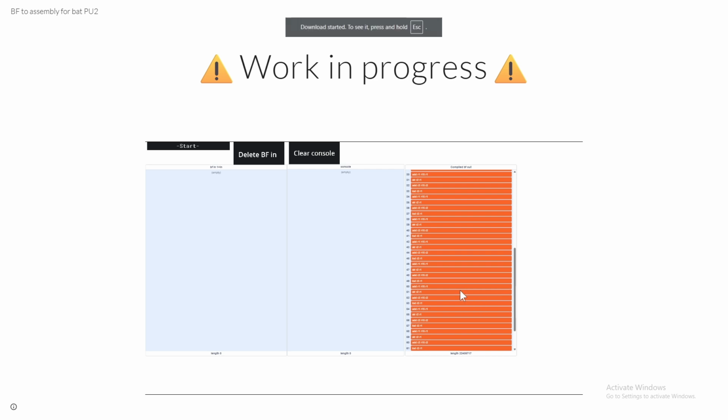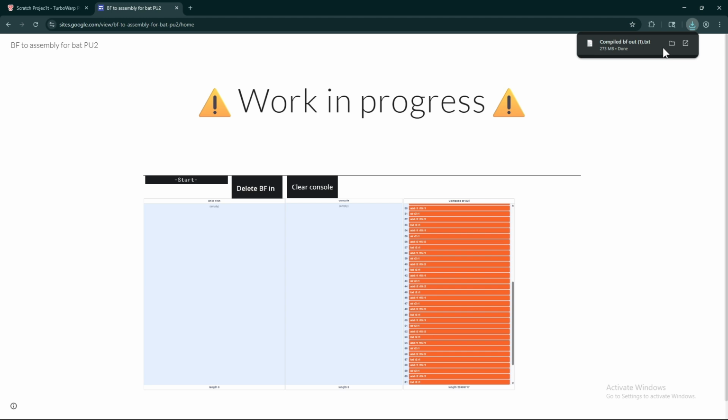Export, and it will download it, and then you can just rename that to .as or assembly. So, yeah,